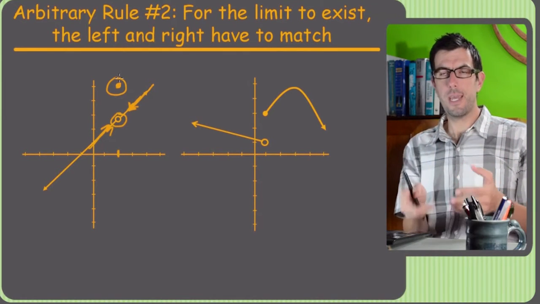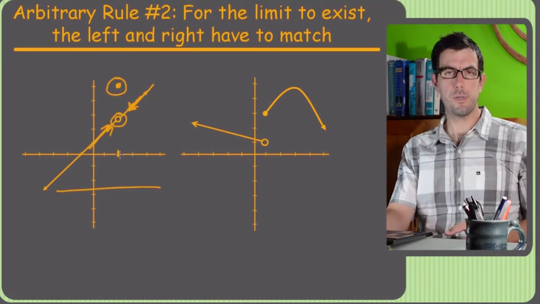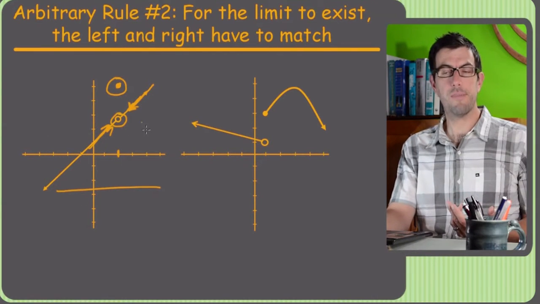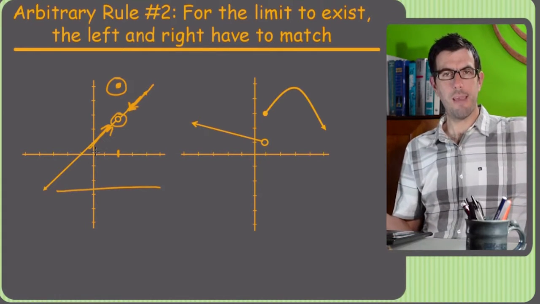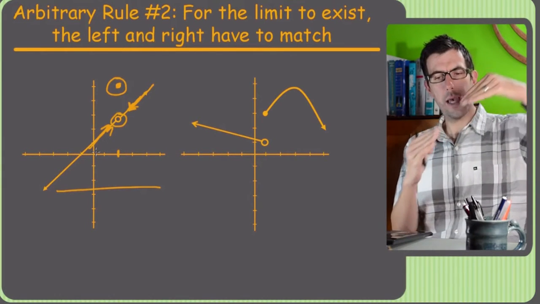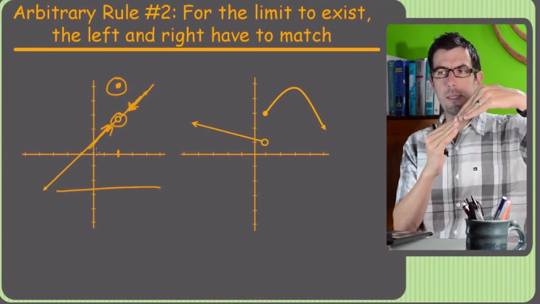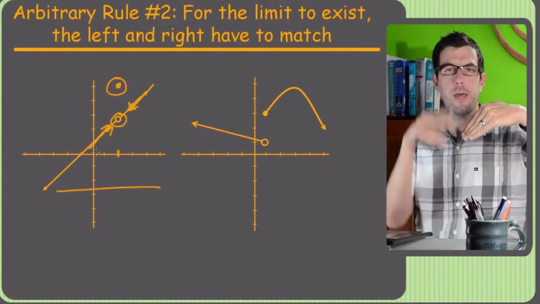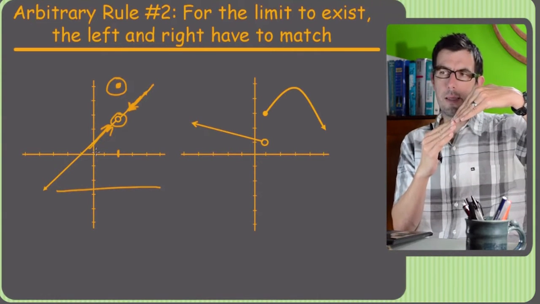So if you're asking the question, hey, does the limit exist at x equals 2, as x approaches 2 for this left-hand graph? You'd be like, yeah, it does, because if you're riding along f of x, it looks like you're going to have a head-on collision. They meet up really nicely, so that limit does exist. Whether or not there's that other dot somewhere else, the point is that as they're coming from the two sides, the limit exists because they line up.